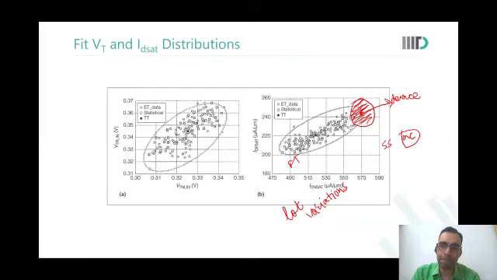Sir, just to confirm one thing, in both the graphs, the FF and SS would be reversed, right? Yes. On the left graph, FF would be towards the bottom corner, towards the origin side. Yes, sir. And on the right graph, the SS will be towards the origin side. Okay, sir. Good observation, Devjit. Because saturation current is more on the right side. Exactly. So I can confuse you in the mid sem or end sems and ask you where FF and TT are. So you have to carefully look at the axis and then decide. Okay, sir.